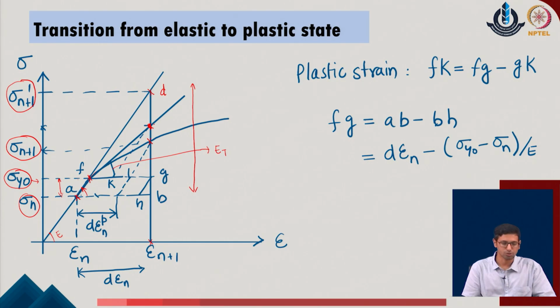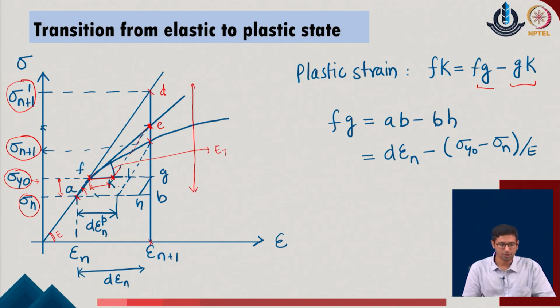So, if we define that this point somewhere over here is a point E in the given system, I draw a line with the initial slope of the system which is E, and that comes back to the system at this level where the yield in the system initially starts. So, we define that this initial distance which is f k is the effective plastic strain parameter in the given system. And now, in order to define it, we have to calculate the value of f of g in the given system minus g of k in the given system.